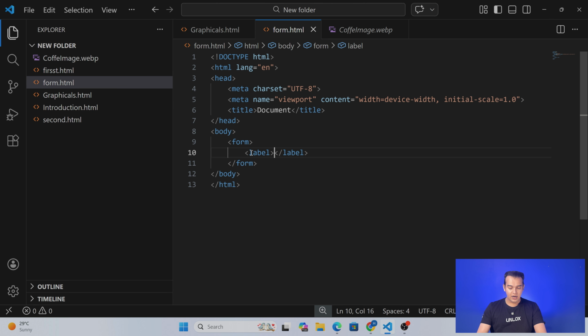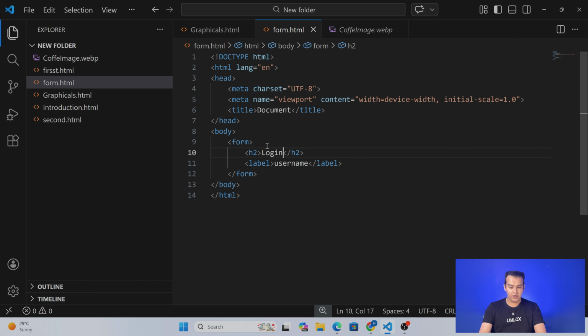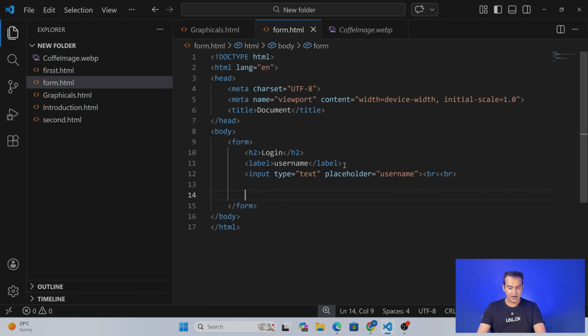Now see this. I want to create a form like Instagram login. So I am writing the name of the form as login. As you can see, I have written an input tag, type is equal to text. That username can be in any format, no problem. For the placeholder, I am writing username. Simple as that. I will do the same thing for the password as well and the email ID as well. Label, email,